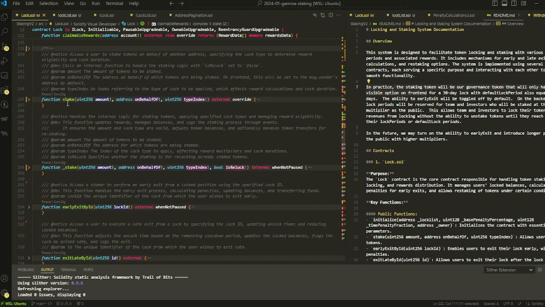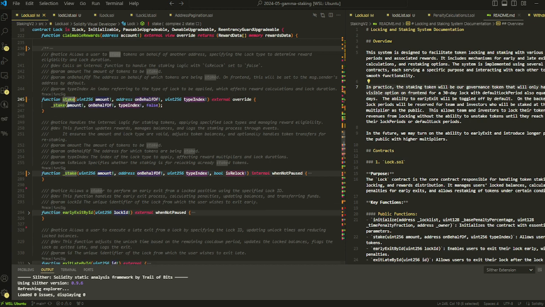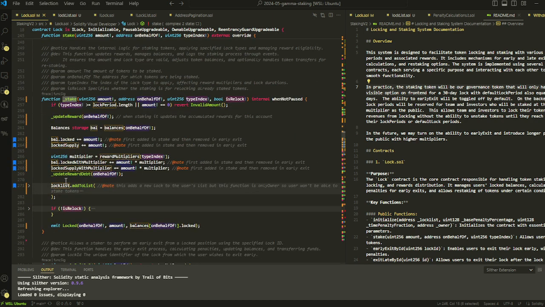Then you come to this stake function. Okay, so this is an important function, because the user is going to be interacting here, right? So you understand, okay, this is the stake function. So user is coming and he is trying to stake here, right? And then this is internally calling this internal stake function. Here you come and you see this internal stake function. So you just check whether the type index is greater, the first or the second. If any of those are like